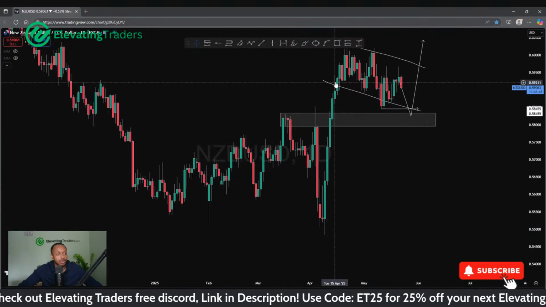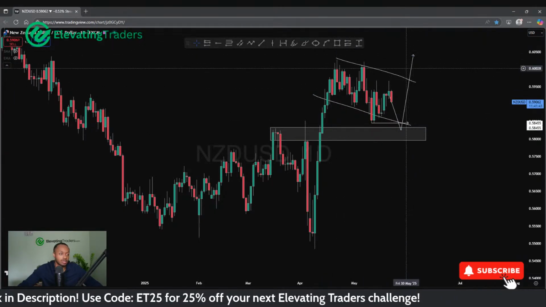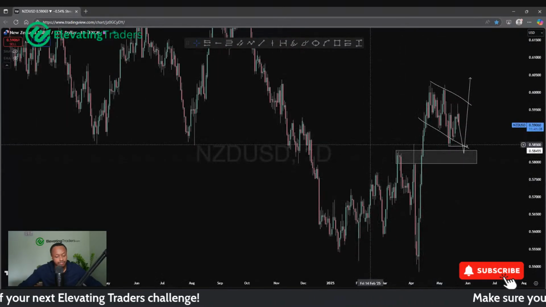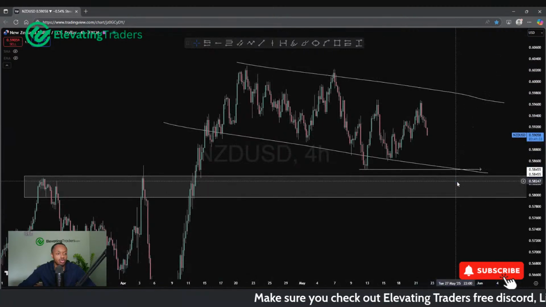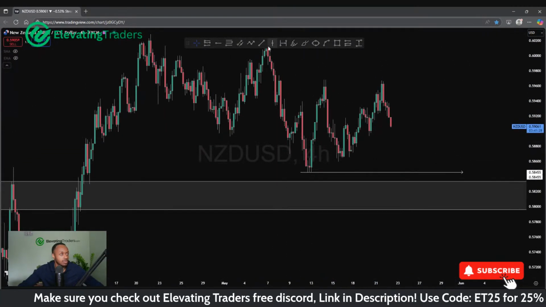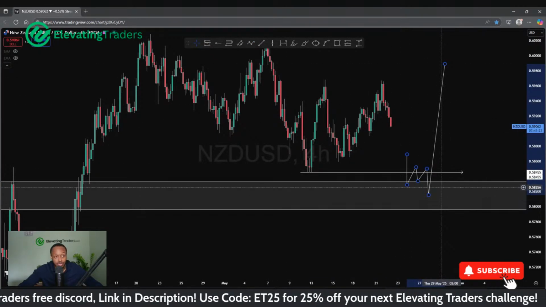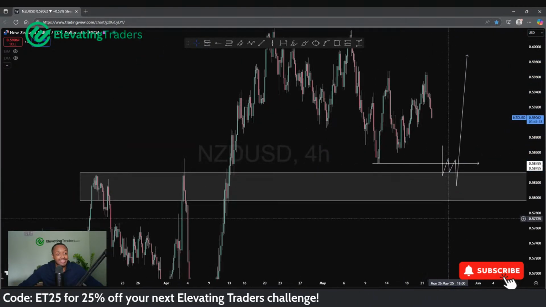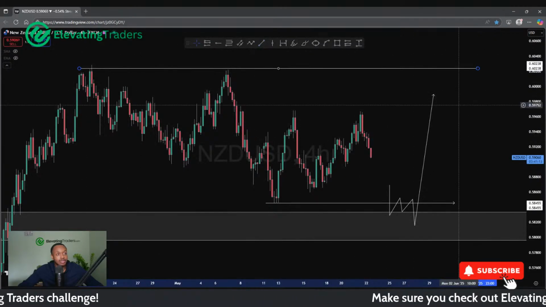Looking at this as somewhat of a pullback for us to continue higher. That's our massive impulse to the upside. Now essentially I'm just looking at the pullback of that impulse for continuation. And yeah, looking at that as a retest for us to continue. I'm still pretty bullish on NZD, Aussie dollar. I think longer term, they do have more room to the upside than to the downside. So I want to position myself long. But if I'm going to do that, I do need price to be back at areas of support where I can get safe stop losses, some healthy entries at some lows, and then of course give myself a good shot at capitalizing on a big swing there.